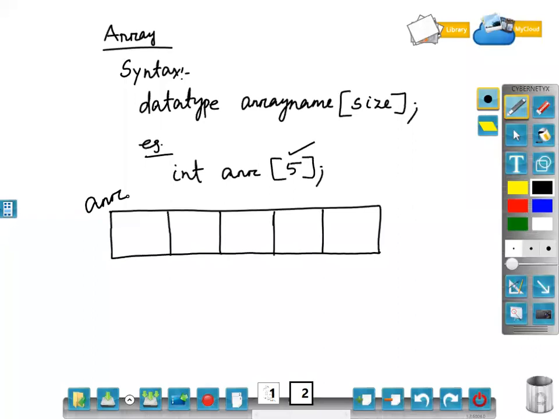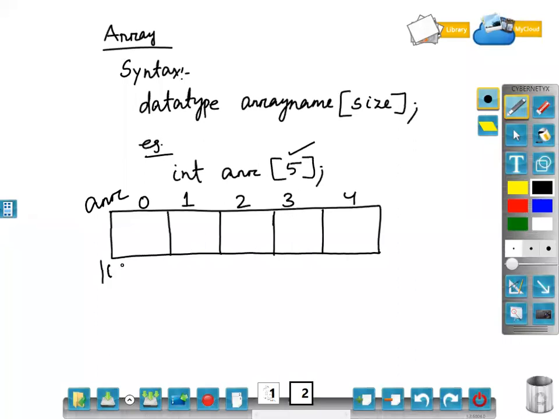Okay. Now the next thing, like 5 values are there, so I have to uniquely identify every value. So for that, internally the indexing will be done from 0, 0, 1, 2, 3, 4. Okay. So 0, 1, 2, 3, 4, 5 blocks are being allocated sequentially. Clear? 5 blocks of integer values to store memory are being allocated sequentially. How will we know that it is sequential?